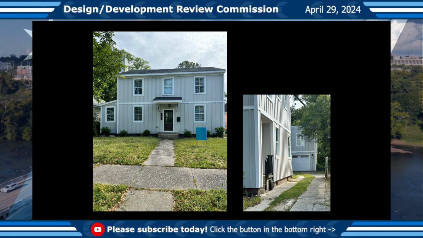So to go through the guidelines for the district, Section 5, exterior changes, and I'll just highlight the ones that are pertinent to this case. Section 5 states that any new siding or trim used on an existing building should replicate the siding or trim that it is covering, as best as the product is able to do. Vinyl soffit is allowed even though it does not replicate historic soffits due to the limitation of the product. So the vertical siding that has been installed does not replicate the historic or the horizontal siding that was previously